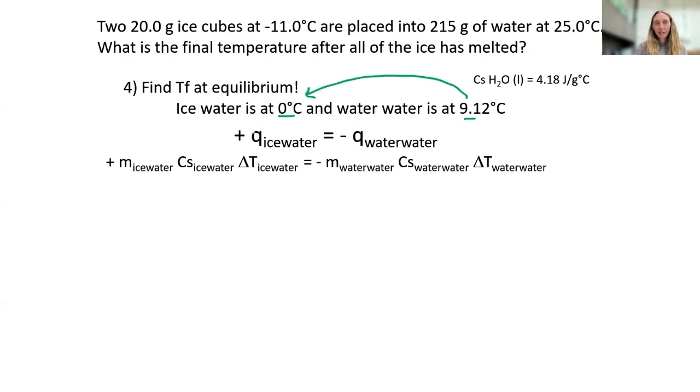Okay, so I set this up and say Q of the ice water, so positive Q, is going to equal negative Q of the water. So here's positive m c_s delta T, all of that ice that's turned into water now, equals negative m c_s delta T of the water, which decreased temperature a little bit. Okay, so let's write this out. So we have m, and all this is going to be for the ice water. So we have m equals